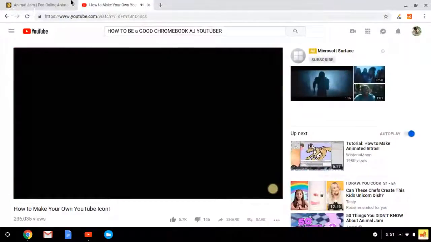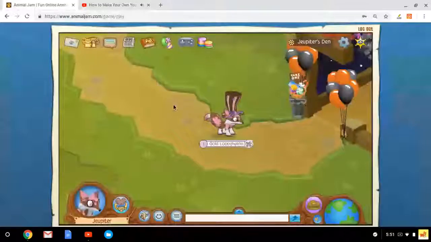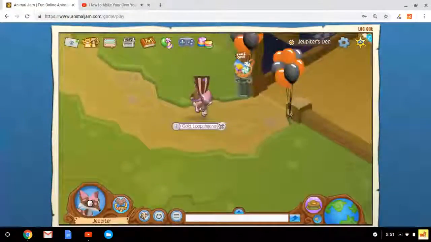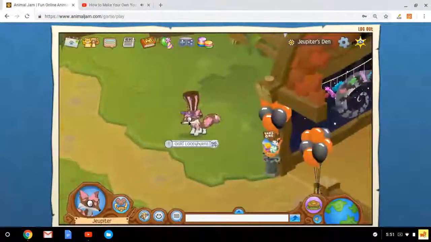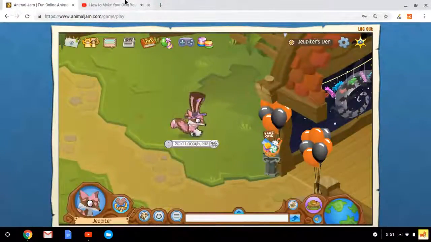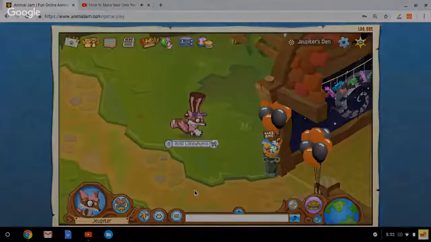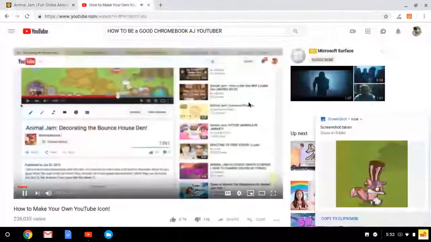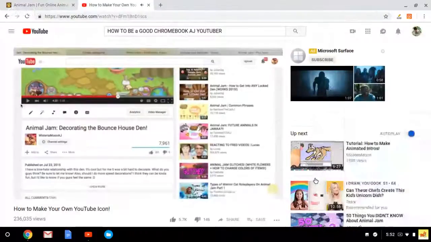Hey guys, Wisteria here, and today I'm just going to be doing a little tutorial on how to make your own custom YouTube icon. And to see an example, here is mine. So basically what I'm going to be showing you is how to edit or create your own YouTube icon, because I know a lot of you don't have the proper tools or programs, and some people just might not even like drawing. So if you need help with this,